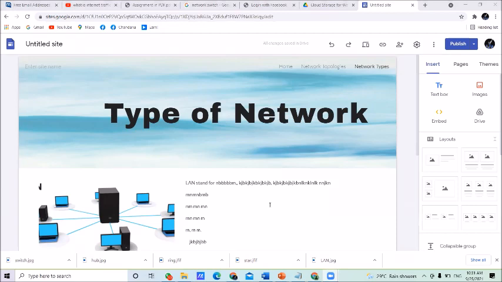Right, is it clear? What about the others? Some of you are saying clear. Please at least send me messages. Is it clear up to now? Okay, some of you are saying clear through the chat box.